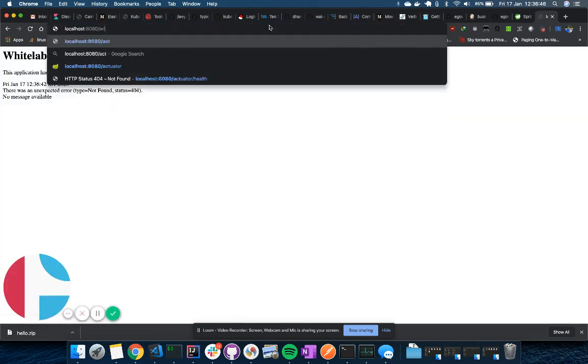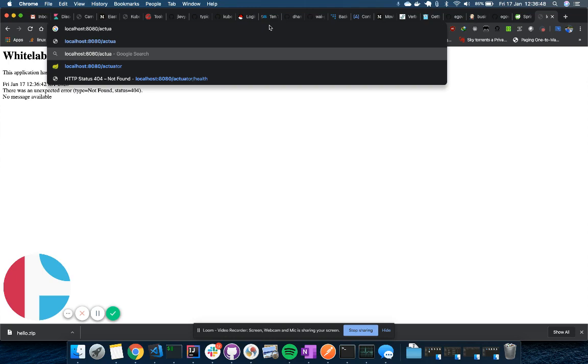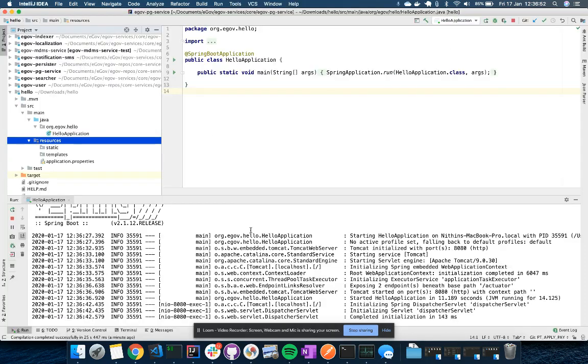So this is good enough for us. We have the actuator, so you can count the actuator. We have an endpoint on it.